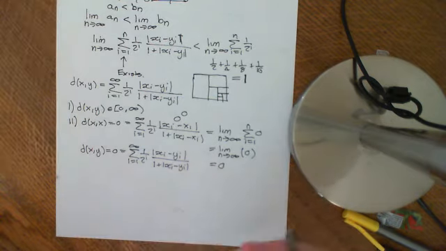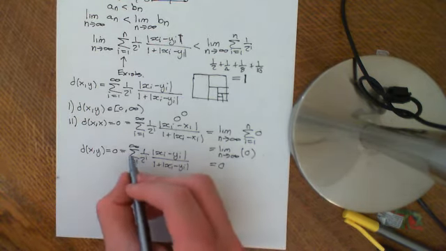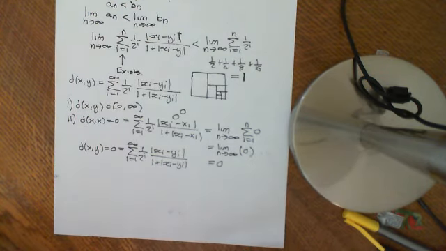Well, this is a monotonically increasing sequence. So if we view it as the limit as n approaches infinity of the partial sums up to n, each of those is monotonically increasing. So the only way that it can possibly converge on 0 is if all of the terms are actually equal to 0,